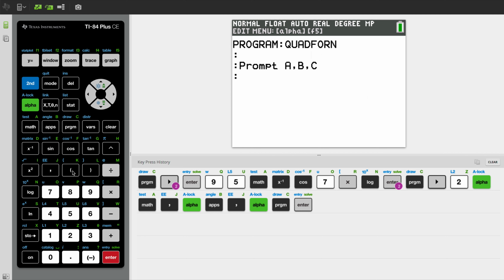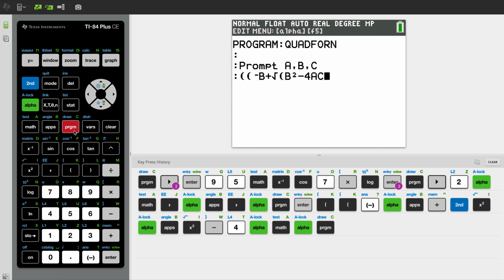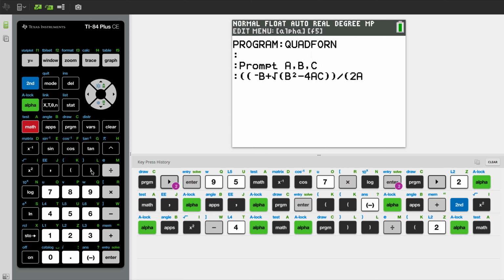Now we're going to type in the quadratic formula. You got to be really careful when you do this. I'm going to start off with 2 parentheses. The negative sign, not the subtract button, the negative one, the one that's down here next to the enter that's red on my screen. And then we're going to do alpha B. We'll do the positive one first. We have to do the square root, and then B squared minus, now we do the subtract button, 4AC. We're going to close the first parenthesis and close a parenthesis again. Then we're going to do divide. Open a new parenthesis and do 2 alpha A, close parentheses,